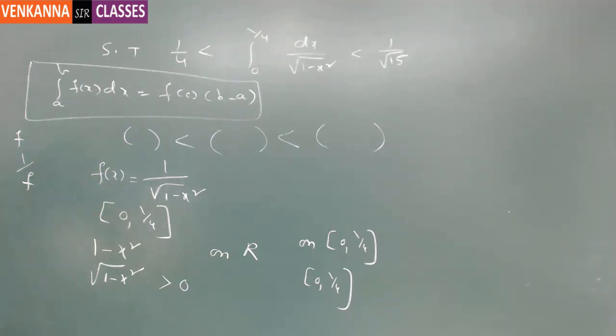So if we take the derivative of this mean value theorem expression, we get the Lagrange's mean value theorem expression. So that's why you thought there might be some connection between the two. Of course. So you are going to take the derivative of these two. If I take the derivative, integration and derivation get cancelled. So you will get 0 is less than 1 by root 1 minus x square is less than 0, just an expression like that, say.